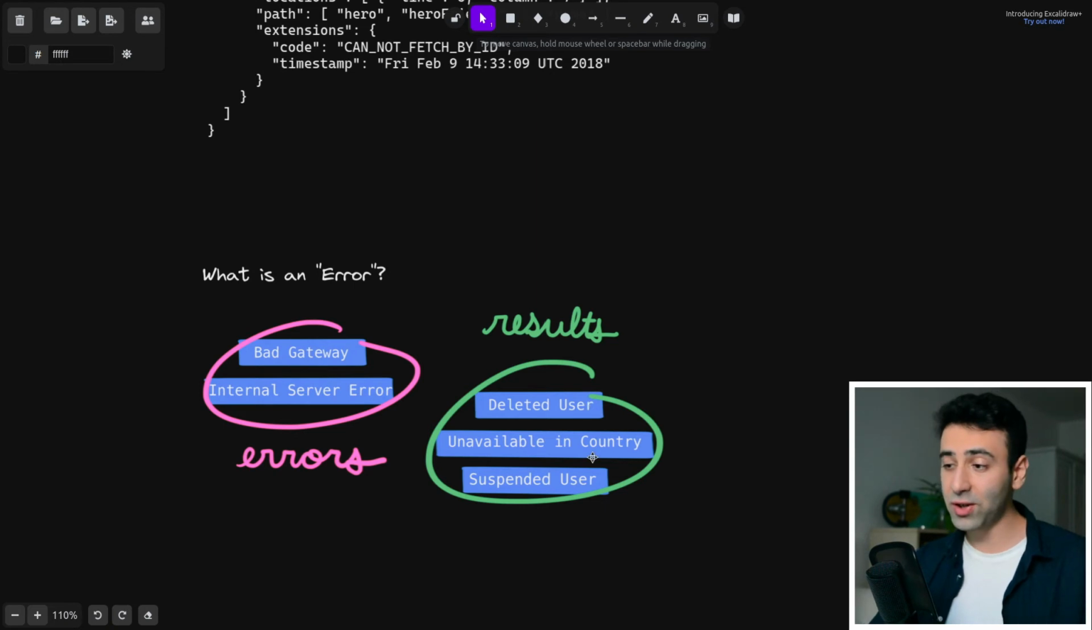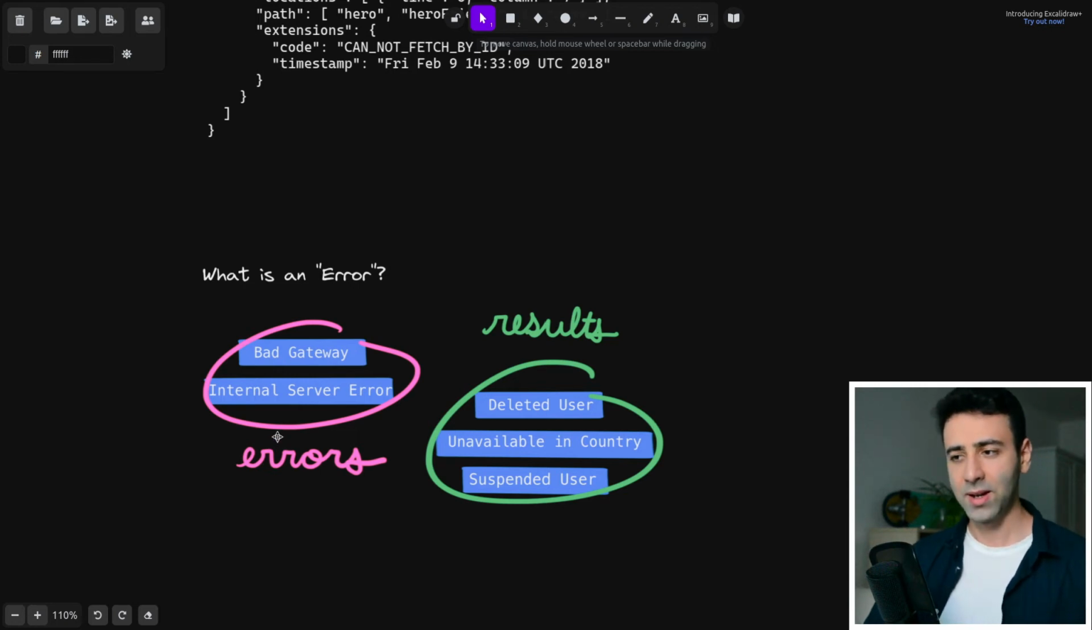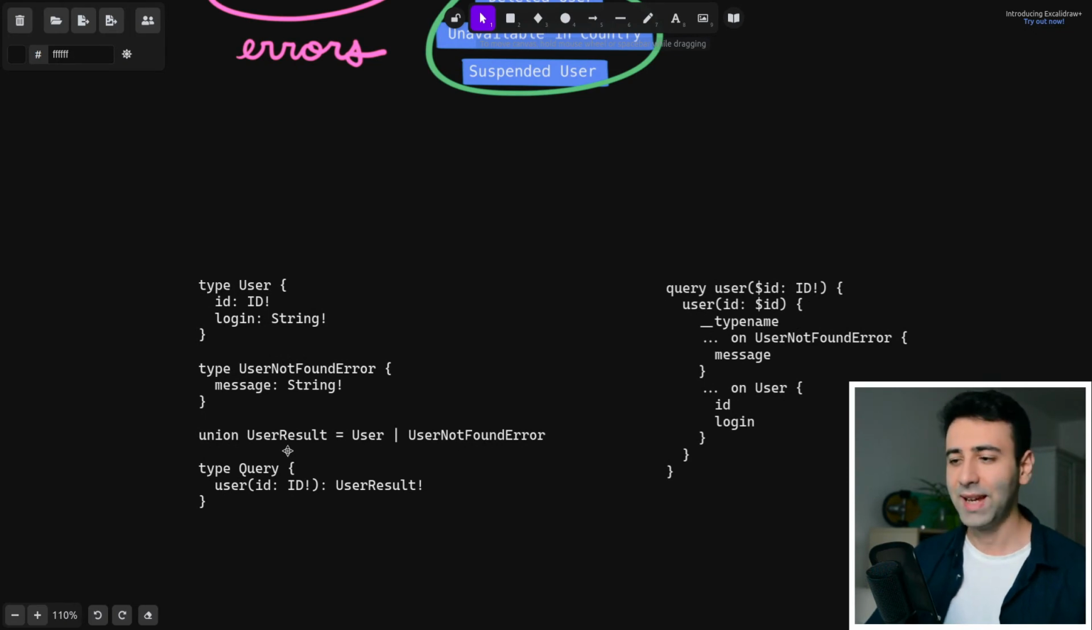Your country may not be available for this API, not be supported, or your user might be blocked. And you want to communicate this clearly to the front end and not just say it's an internal server error, right? So going further, what you can do is actually use the main advantage of GraphQL that it gives us,